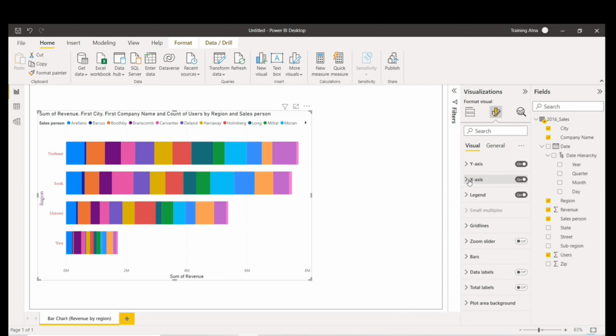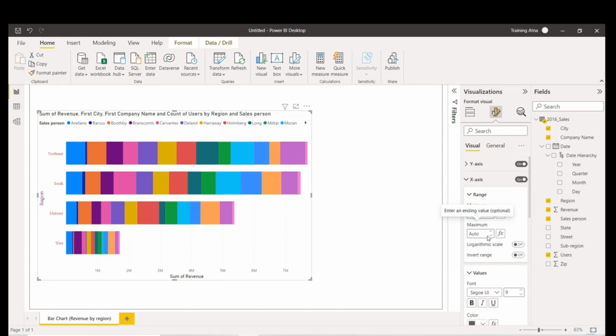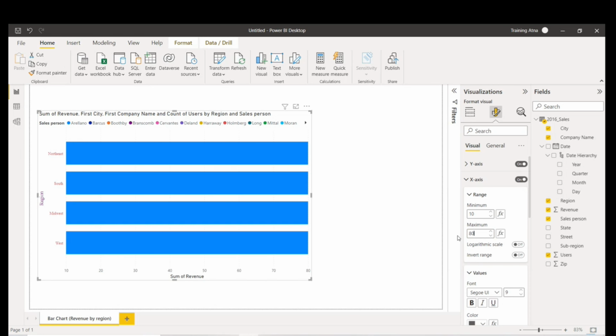Okay. So next is the x-axis. In the x-axis, you can see the range. Here you have auto range. If you wanted to change it, this is the minimum and maximum range, that is 0 to 18 million. If you wanted to start it from 10, you can make it 10. And here if you wanted to make it 80, you can see the minimum to maximum changes. But you can just leave it auto, because that is what is